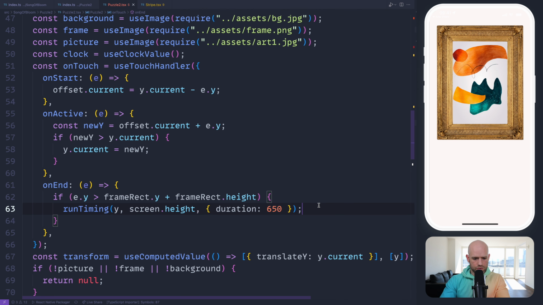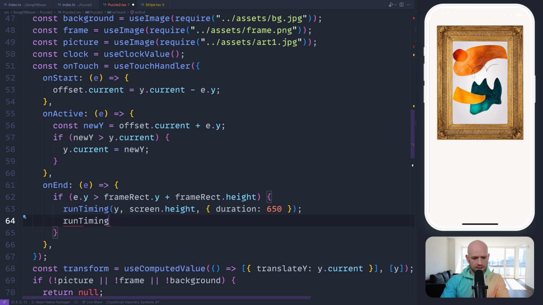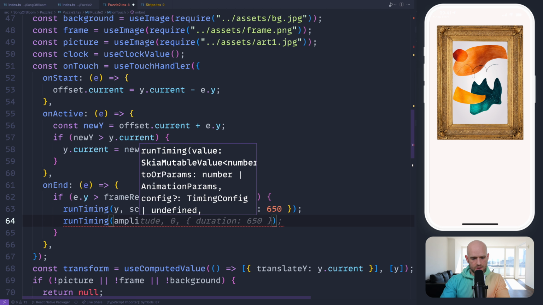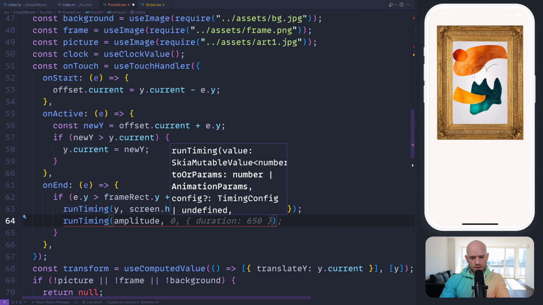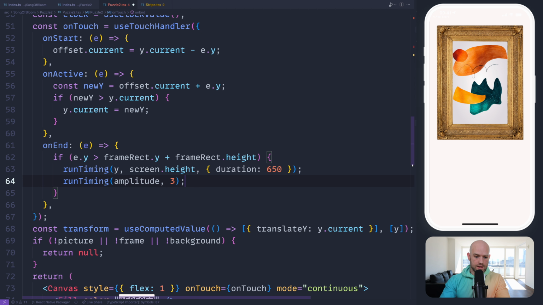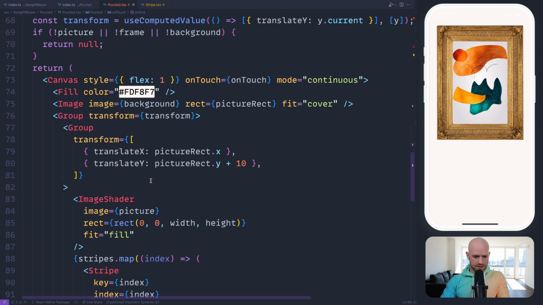And here, if we drop, we can do run timing on amplitude to go, let's say, from 1 to 2. We multiply by 2 or 3. And I'm thinking, yeah, should be good. Let's see. And we can pass this value to the component.